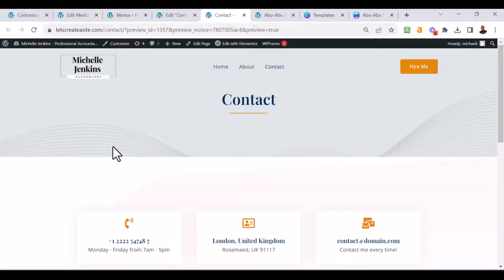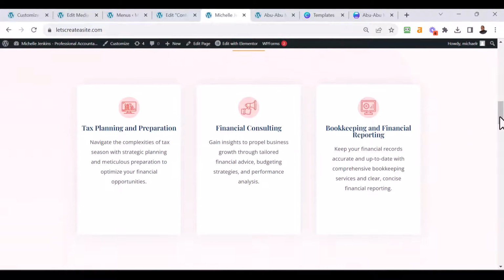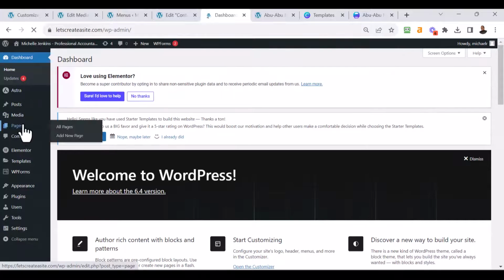Now next, we're going to take a look at how you can add an additional page to the website. So of course, currently we just have the home page, the about page, and the contact page. Now we want to talk a little bit about how we can add an additional page. So let's say there was a services page that you wanted to add. So if you recall, on the home page, we have a bunch of different services. Perhaps we may want to link from one of these services to an additional page, which would give them more information. What we can do is go back to the back office and go to pages, add new page, and